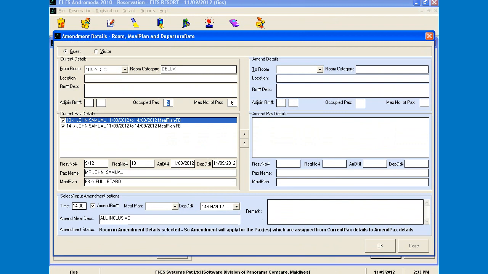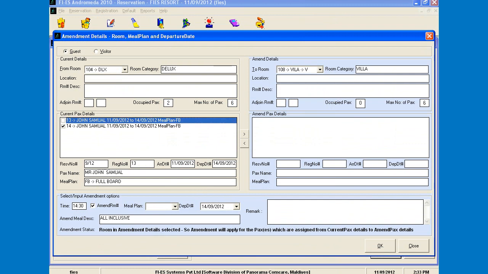So likewise, if there is room for other pax, then we can even shift a pax to an occupied room. Currently I am going to shift the John Samuel who is staying in 104 Deluxe to a villa which is not occupied, vacant, V for vacant.